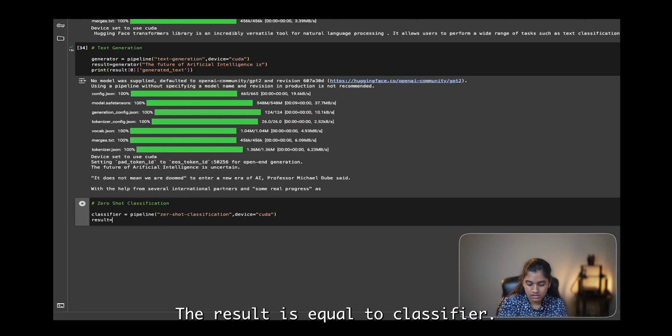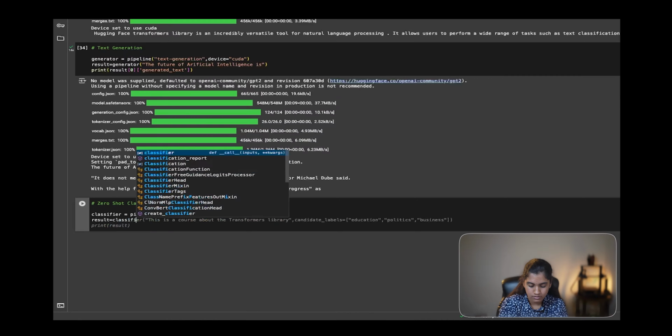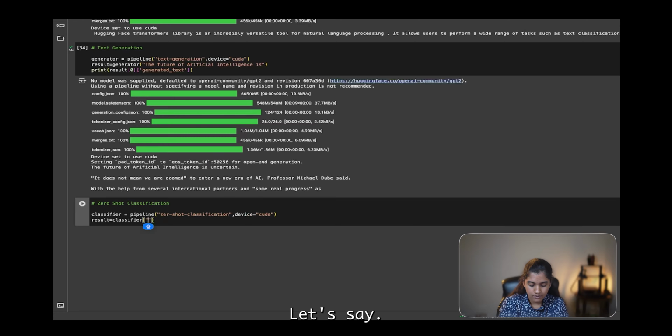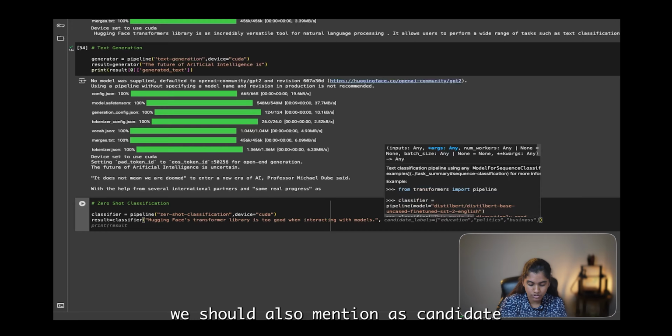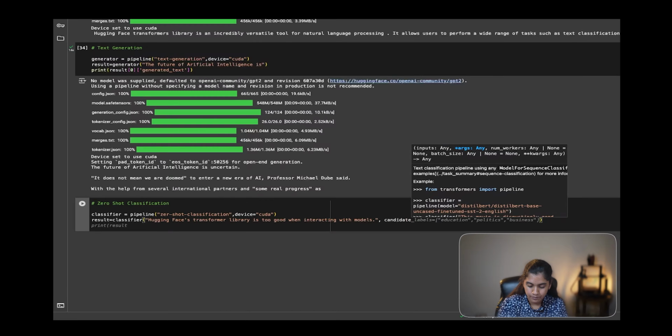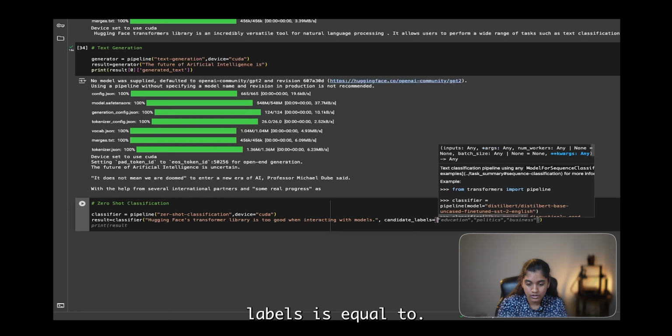Next we will give the result is equal to classifier, let's say, Hugging Face's transformer library is too good when interacting with models. So I have given this, and we should also mention candidate labels is equal to, it could be anything,